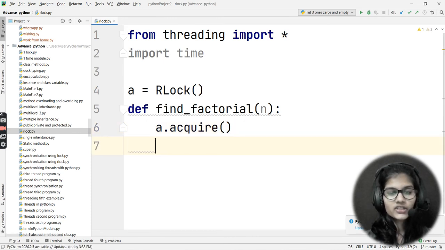Now I'll be putting my conditions here. Let's say my first condition is that if the value of n is 0, then the factorial for that is 1.